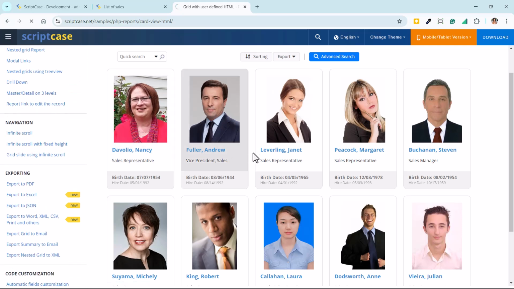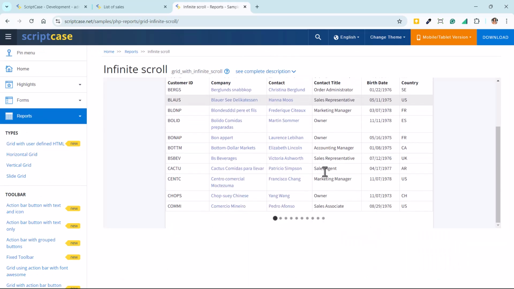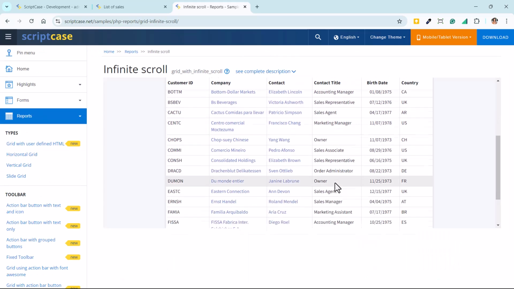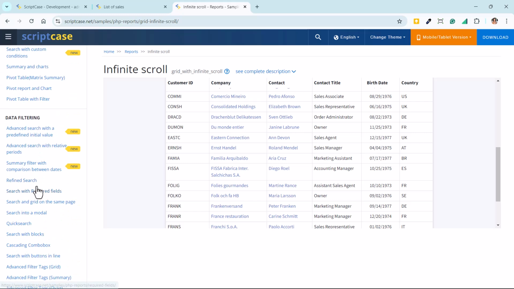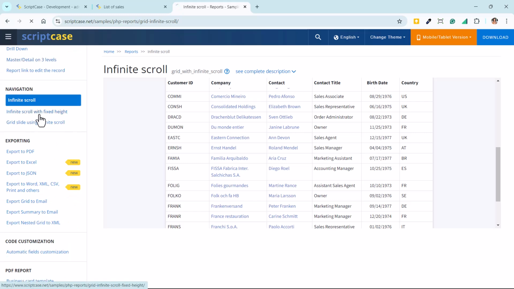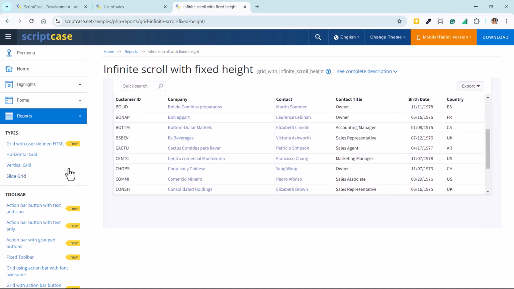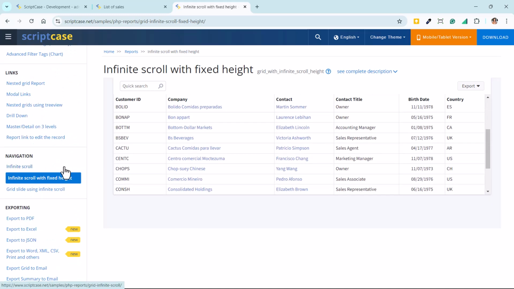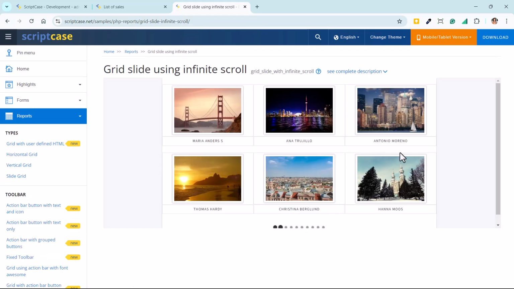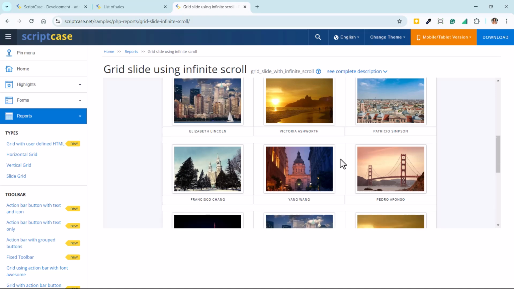So we have the simple infinite scroll with the horizontal grid. We have also the infinite scroll with the fixed height. And the last one as example, the grid slide with images using the infinite scrolling.